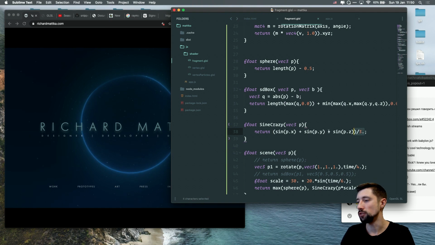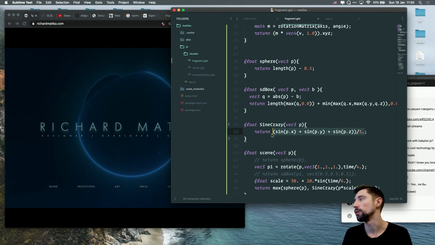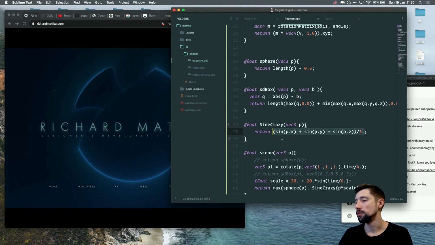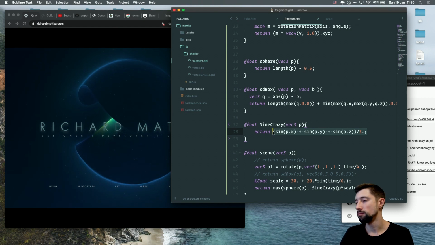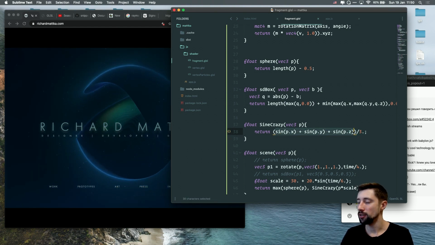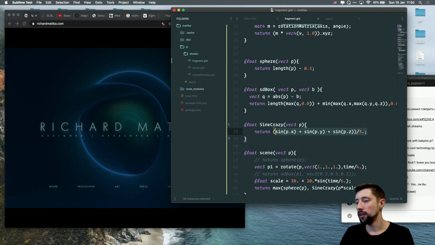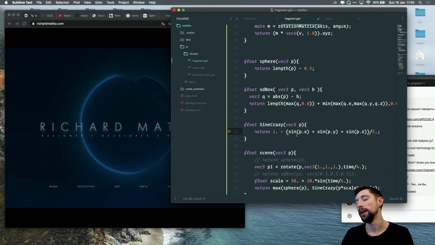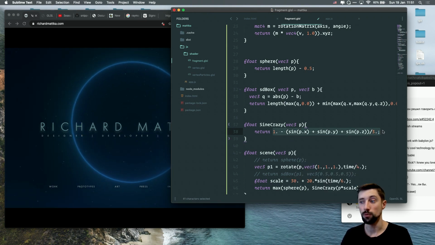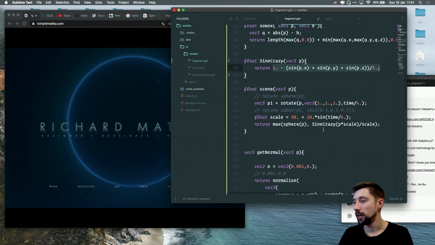So this value is changing from what? From this is from -1 to 1, -1 to 1, -1 to 1. So all those 3 from -3 to 3. Divided by 3, again, -1 to 1. So if I subtract from 1, I'm going to be going from 0 to 2. All right. And now instead